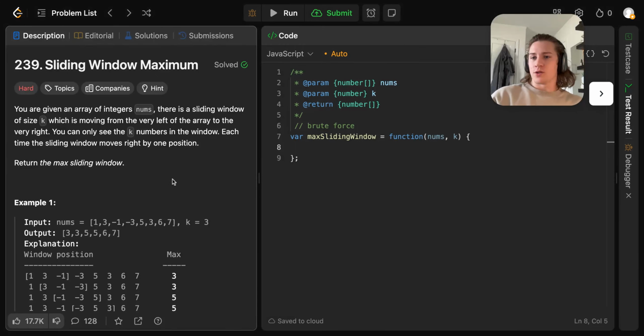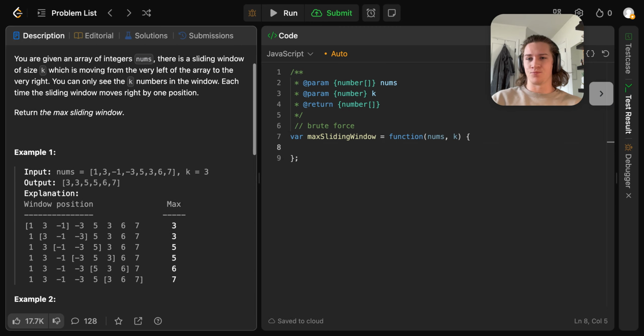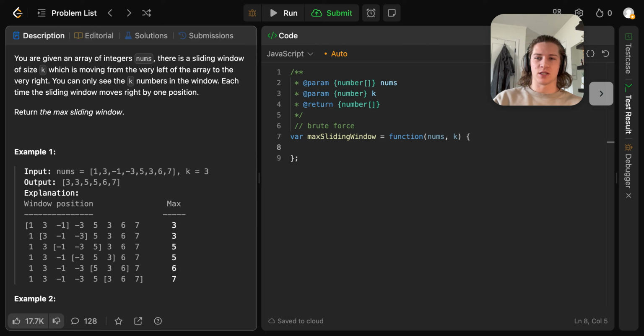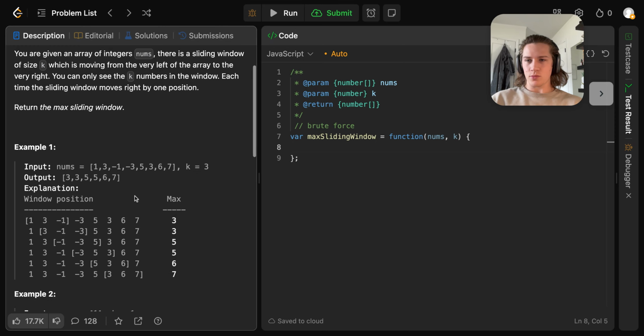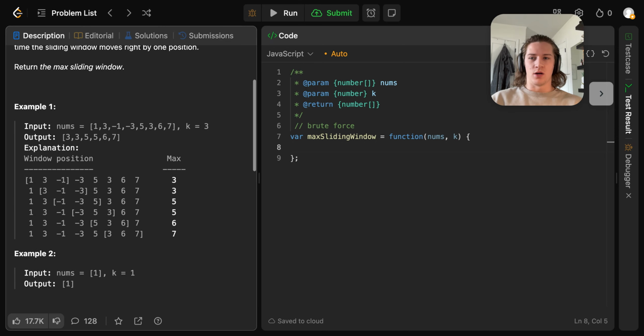Okay, LeetCode problem 239, the sliding window maximum. This is a hard question. So you're given an array of integers, nums, and there's a sliding window of size k, which is moving from the very left of the array to the very right, and you can only see the k numbers in the window at a time. So each time the sliding window moves right by one position, you'll return the max element